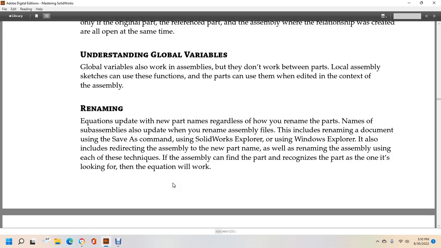Renaming. Equations update with a new part name regardless of how you rename the parts. Names of the sub-assemblies update when you rename the assembly files. This includes renaming the document using the Save As command, using SolidWorks Explorer, or using Windows Explorer. It also includes redirecting the assembly to the new part name, as well as renaming the assembly using each of these